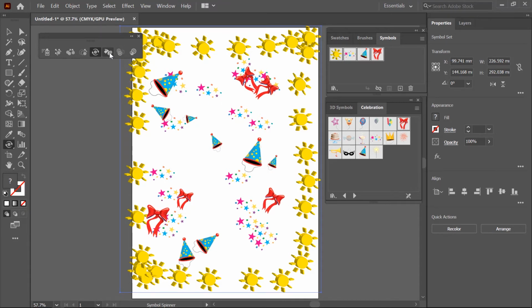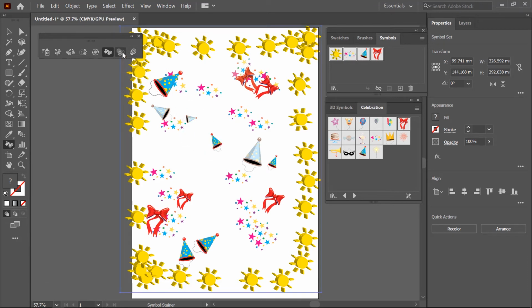The next tool is the symbol stainer tool. By using this tool, you can change hue to tint. So first I click on this, and the hue is shifted into tint, same as I click on this, so the hue will change into tint. And if you want to reverse this effect, press the Alt key and then click again on this, so you get the result back. So by using this, you can change the color, or if you want to get back, press the Alt key and then click again, so you get the color.